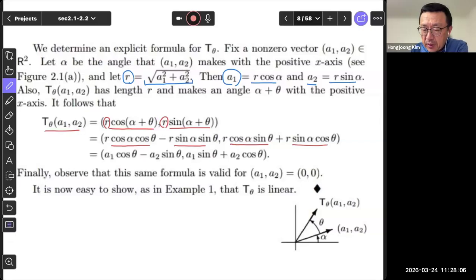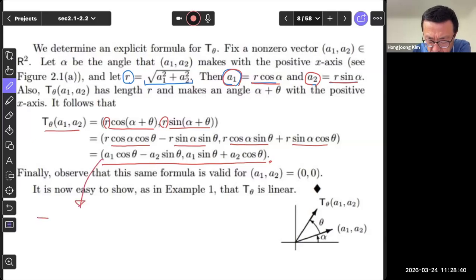And if I replace r cosine alpha with a1 and r sine alpha with a2, then that expression can be written by this. Okay. Now, if that's the case, here cosine theta and sine theta are just numbers. Please remember this. Even though this is a little bit complicated,